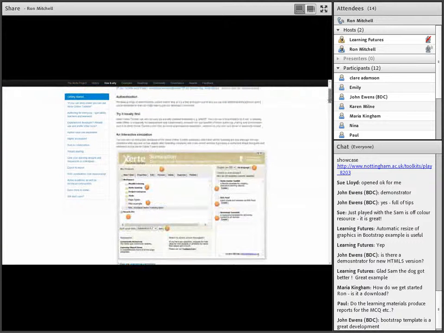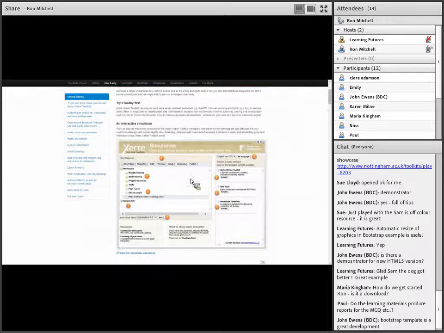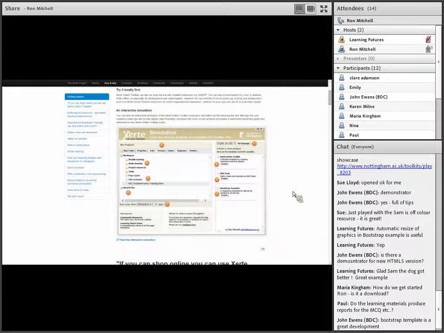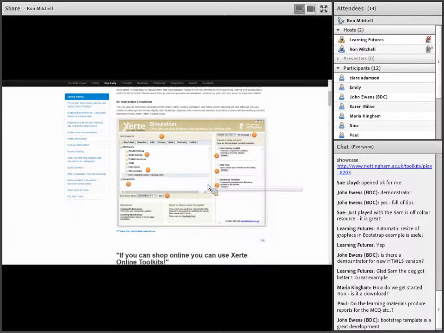There's also a bit of a simulation that I created a while ago, and the branding is a bit old here, but it's still quite functional. And if you view this resource, what it will do is explain to you all the different things within the Xerte workspace. So it's, again, a good reminder, but also an overview of how it works and how the authoring happens.